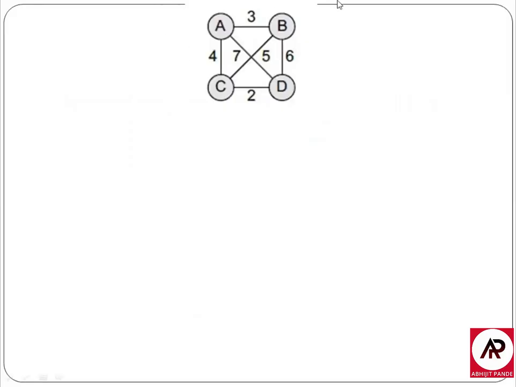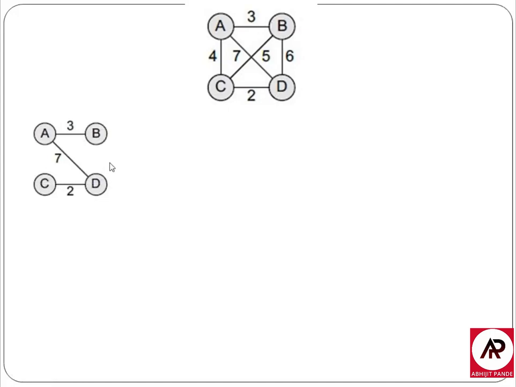Here I have considered the same example as the one I considered for the spanning tree, but the difference is that I have assigned a weight to every edge of the graph, and the weights assigned are distinct. Different weights are assigned to the different edges. So let's draw a spanning tree. This is the first representation of the spanning tree.